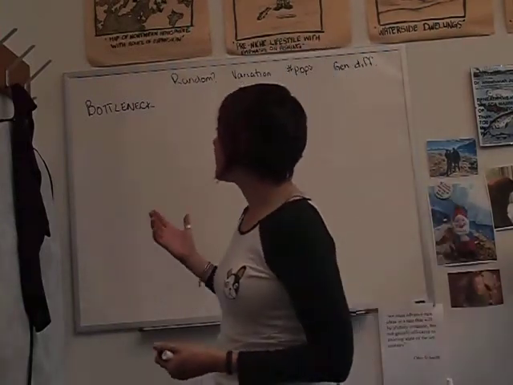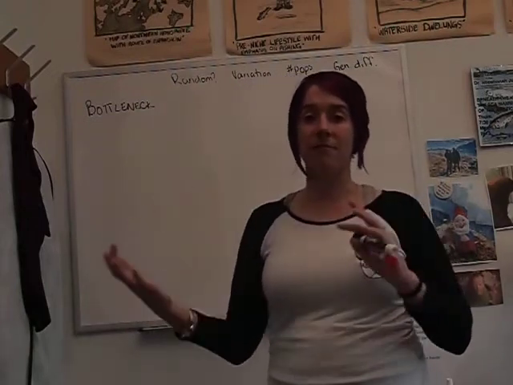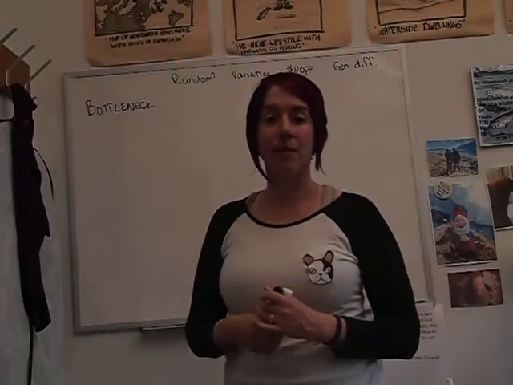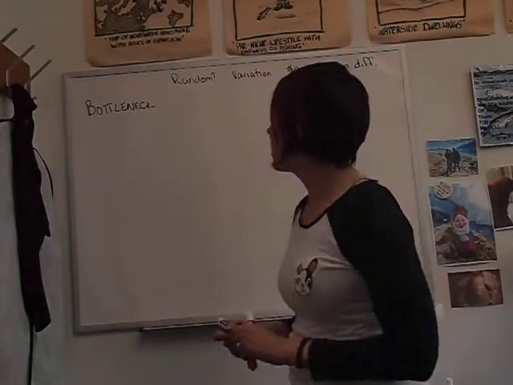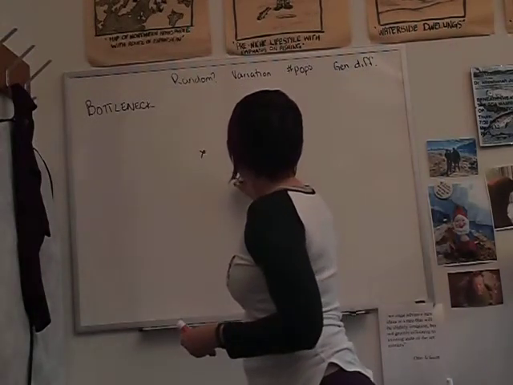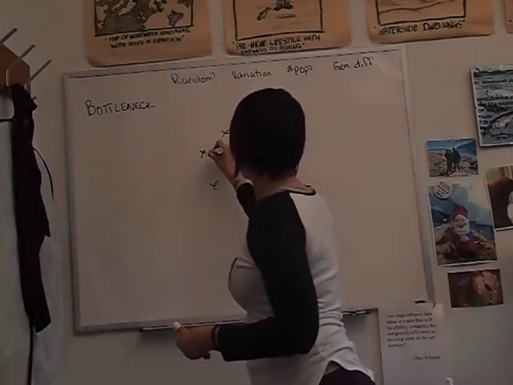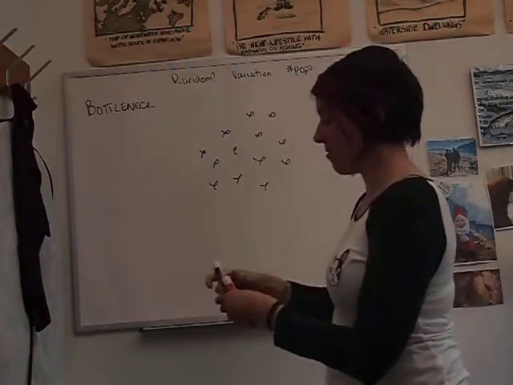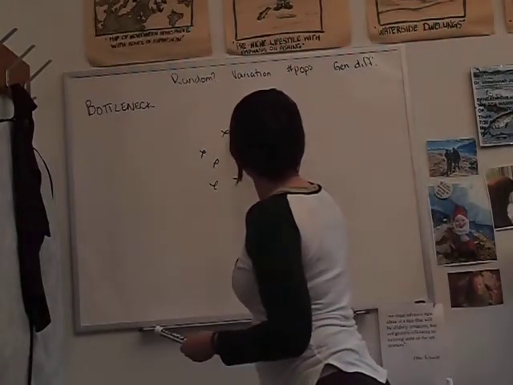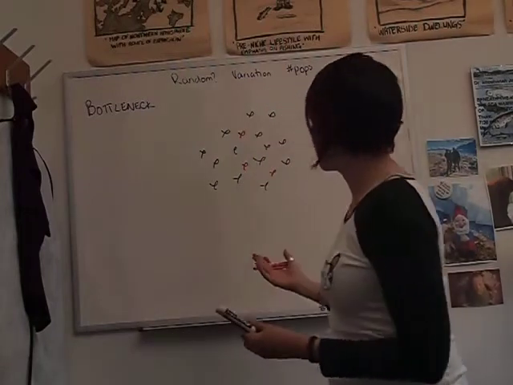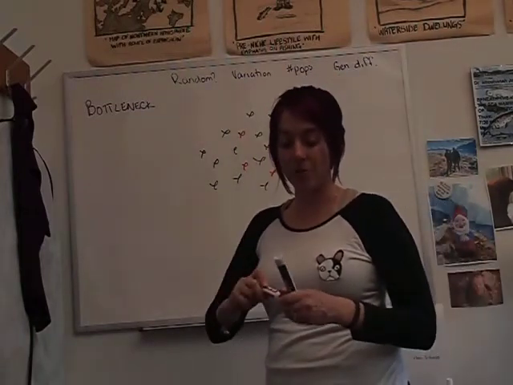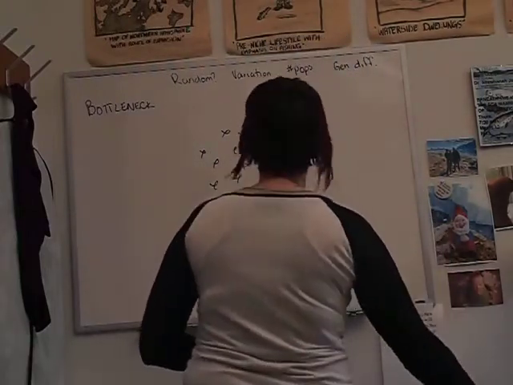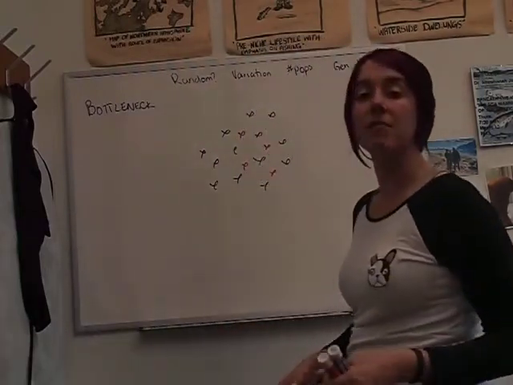So the idea is that this could be due to generally some kind of natural disaster or human activity where really the variation in a population changes quite dramatically. So let's just very quickly draw this out. We have a whole bunch of black X's here in the population, and we have a whole bunch of red ones in different frequencies. And I'll do a dramatic example just to make it a little bit more illustrative of what we mean by a reduction in the variation.